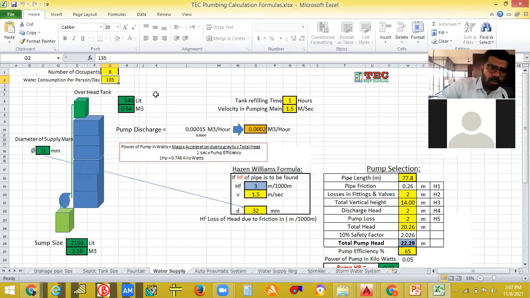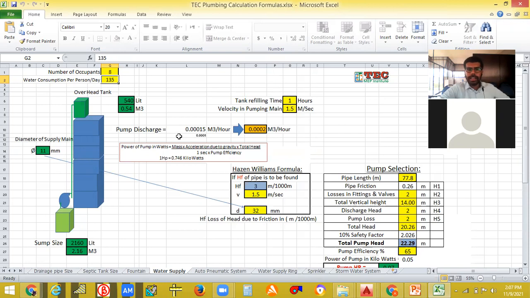The rest everything will be given by the software itself. The overhead tank capacity will be given, and the main supply pipe diameter, meaning the pipe through which you pump water from the underground tank or from the well to the overhead tank. The pump discharge and mass flow rate will also be given.